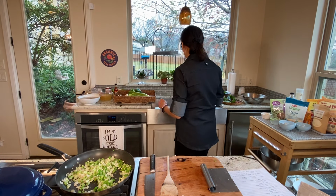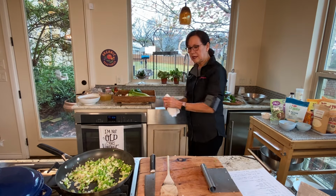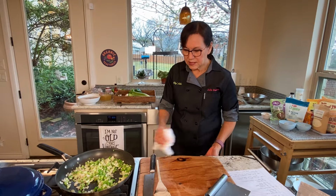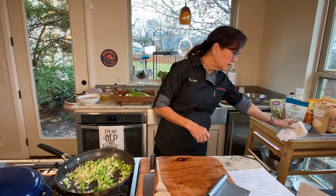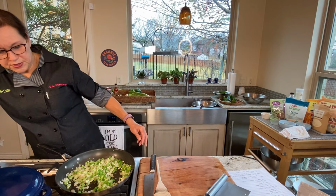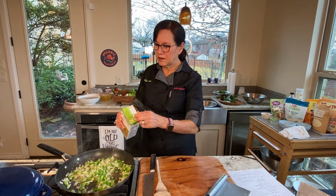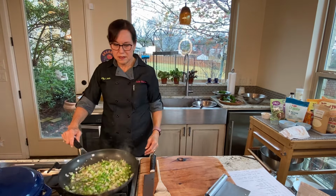I'm going to get something to wash my hands off. And I'm going to wipe my board off a little bit before we go to the next thing. Now what I need to do is I need to cook my onions and vegetables for about 5 minutes. And what I found works really well for me is to put a little bit of vegetable stock or water. In this case, I'm going to put a couple tablespoons of vegetable stock in the pan. And then I'm going to cover it